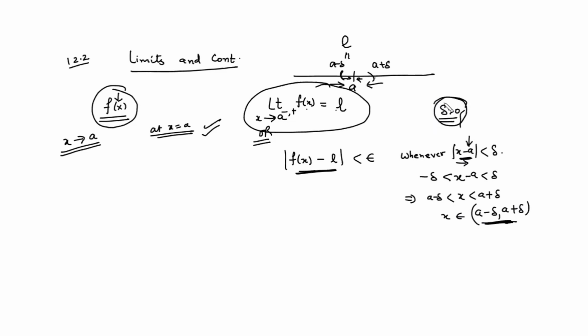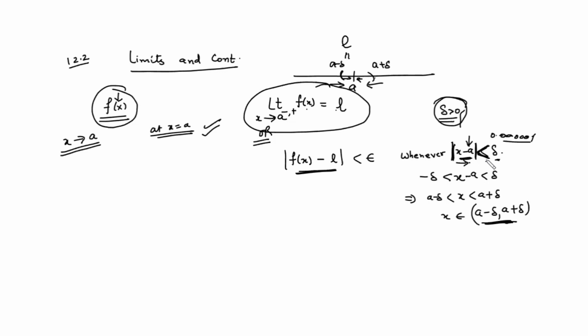Now why is it strictly greater than 0? Because we have taken the mod over here and we are saying this is strictly less than delta. We know that mod is always positive, so delta should be strictly greater than 0 but near about 0. Getting my point? It is very, very small, but not exactly 0. It is approaching 0.